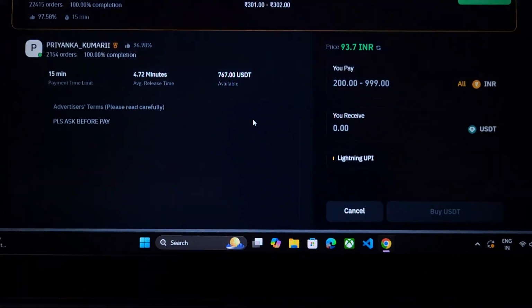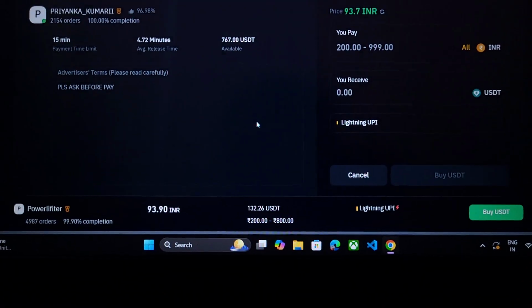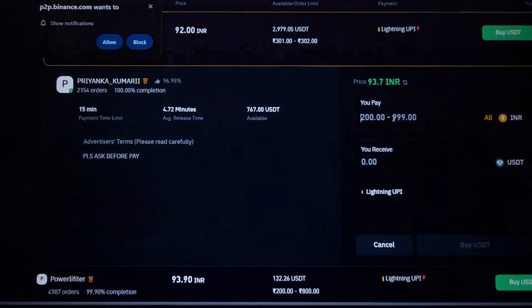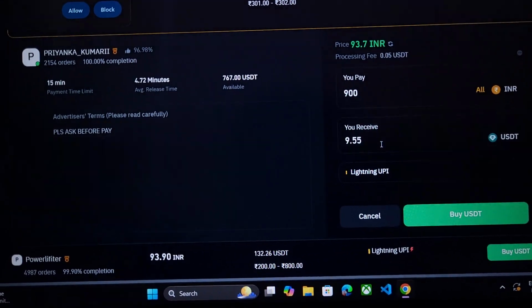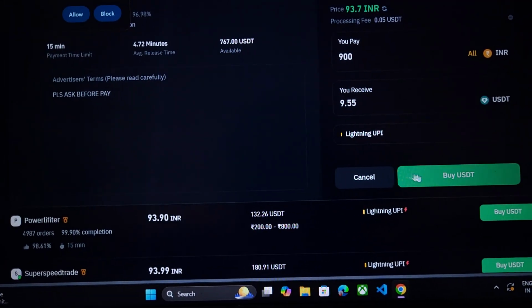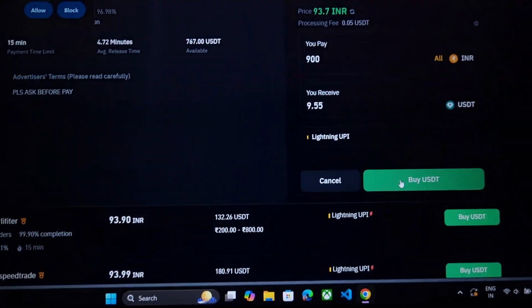Here it is, we have to enter the amount which is 900 rupees. Then we will receive this much dollar. Then if we tap on buy USDT, okay, so